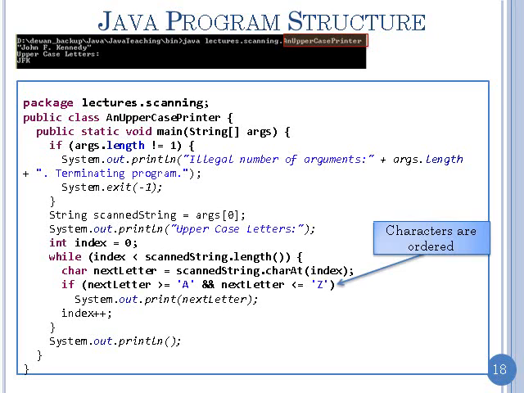This. I can just say this. If next letter is greater than or equal to capital A, and next letter is less than or equal to Z, then it's a